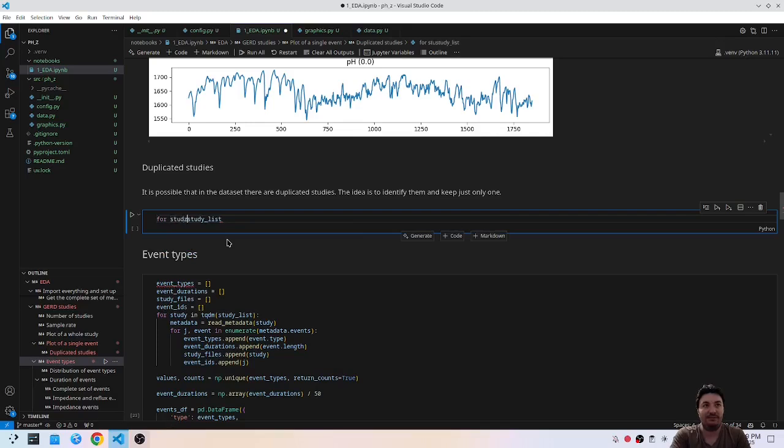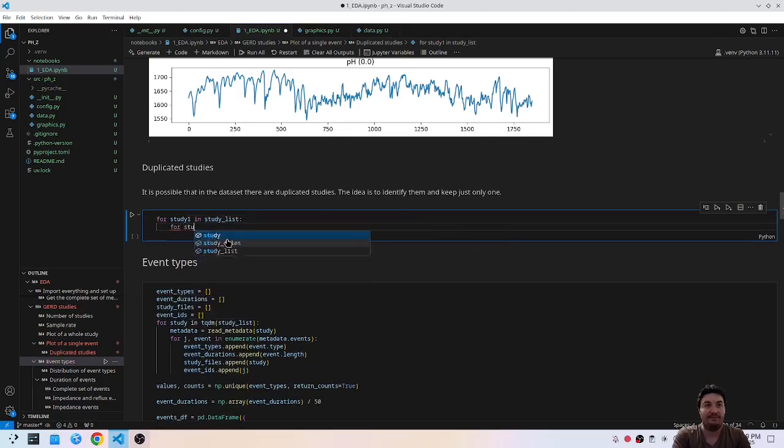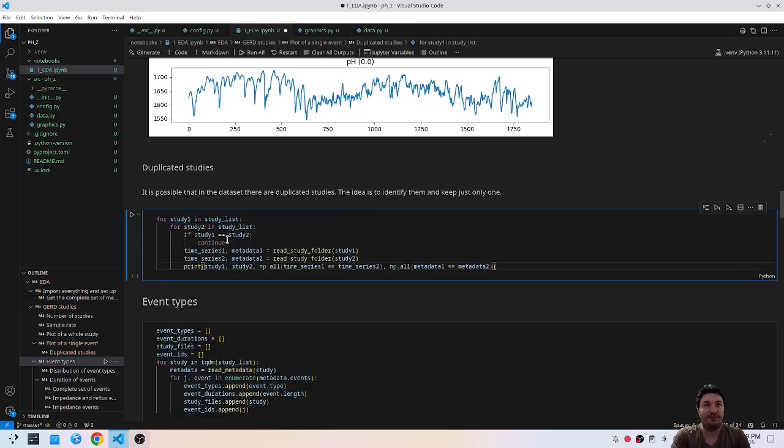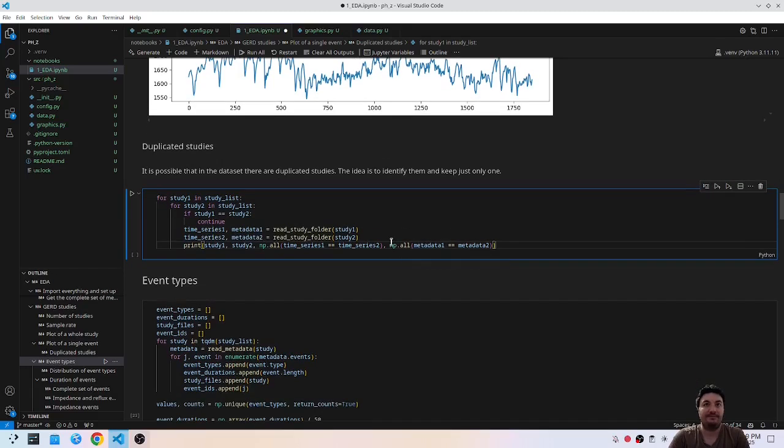It's not that big, so maybe we can just do something completely brutal. Study 2, maybe we can use pairwise. This is too long probably, no? Oh, maybe we can do just like